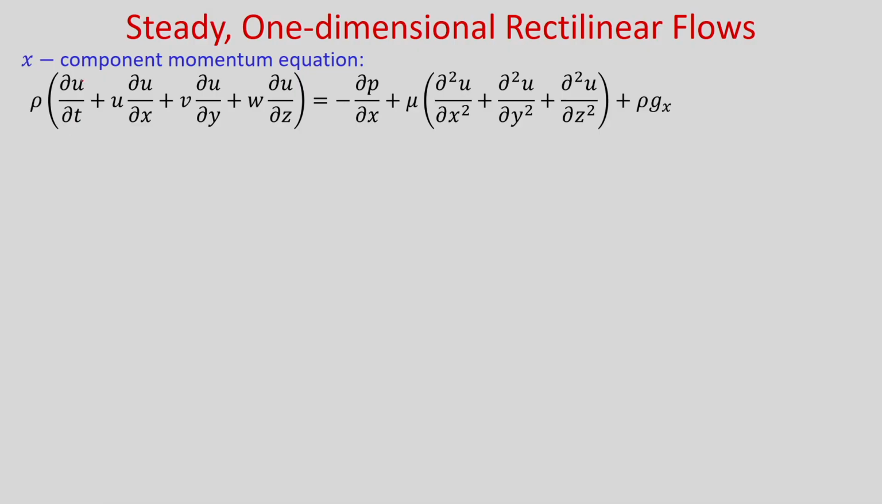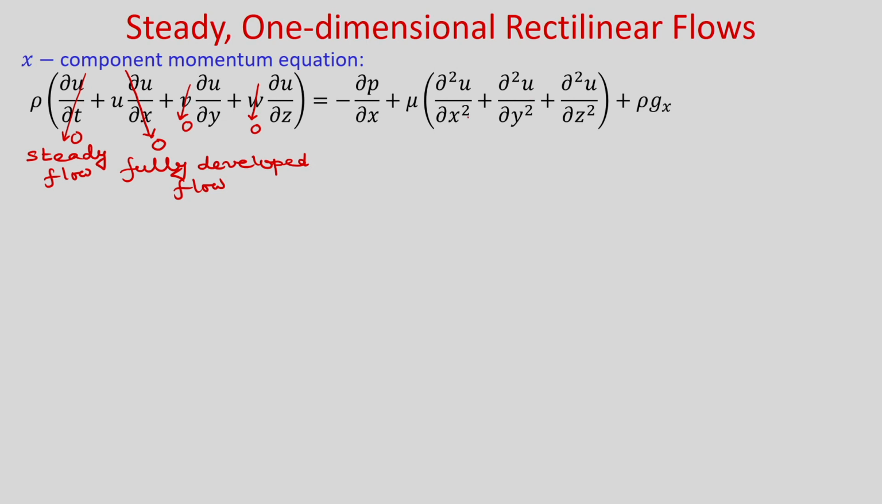Now, let us consider the x component of the momentum equation and let us simplify this equation invoking the assumptions. So, you can see that it is a steady flow. So, del u by del t is 0 because it is a steady flow. It is a fully developed flow. So, this is 0, fully developed flow. Okay. We have seen that v is 0, w is 0. So, you can see left hand side all terms are 0,